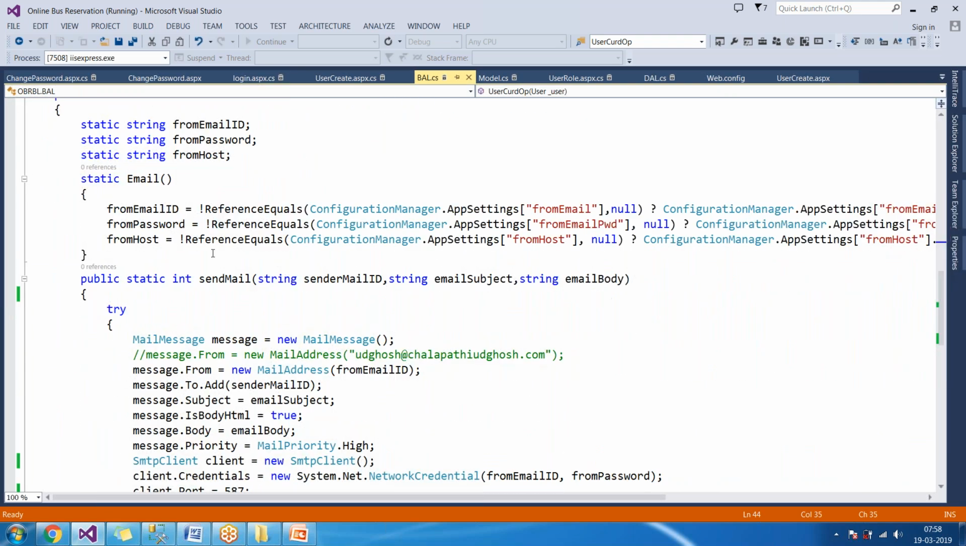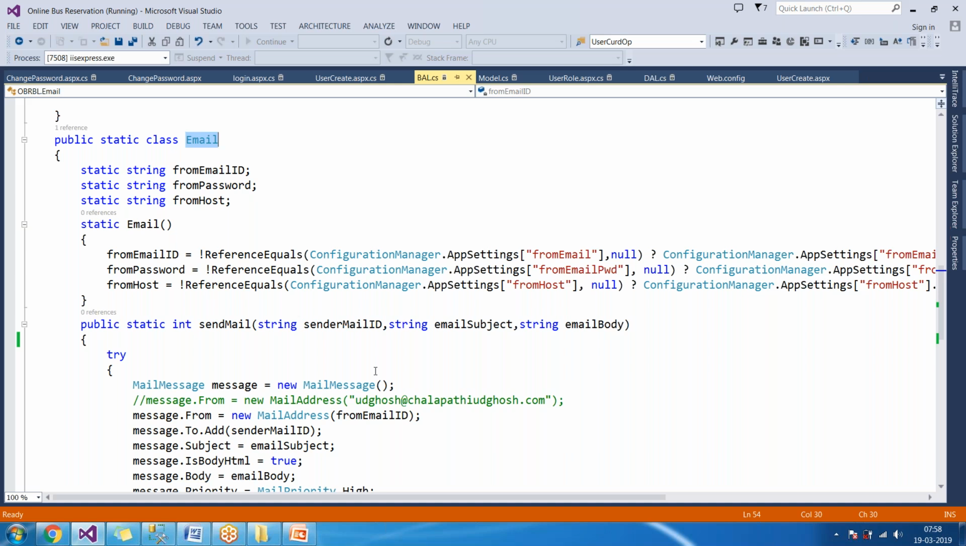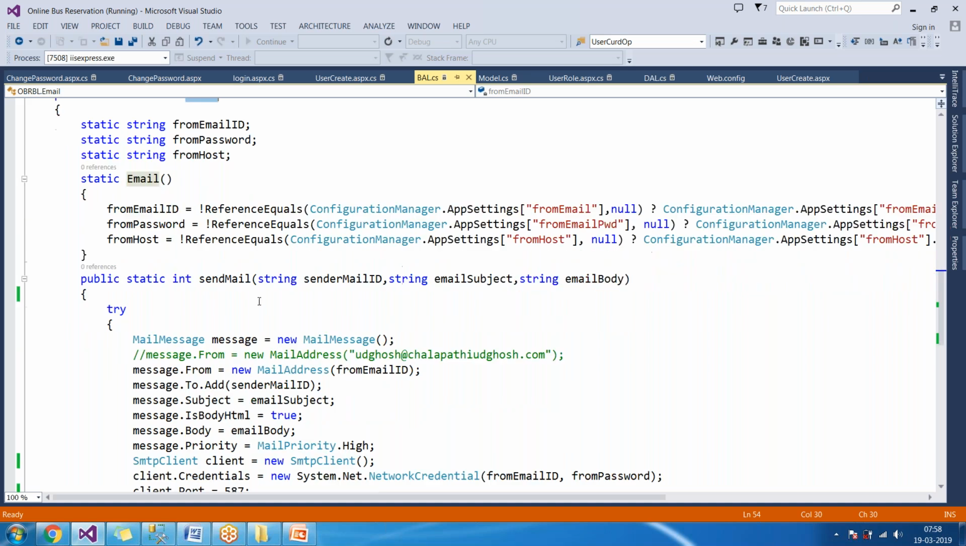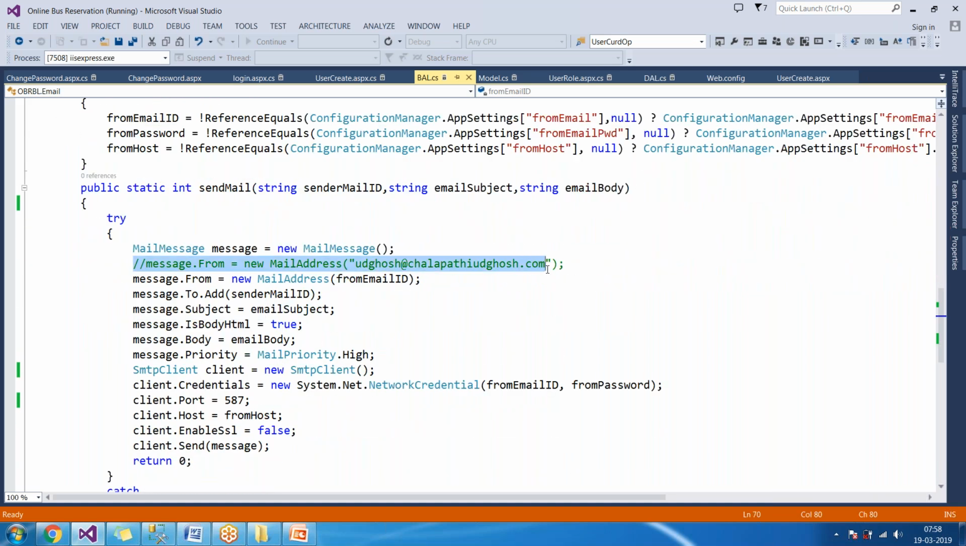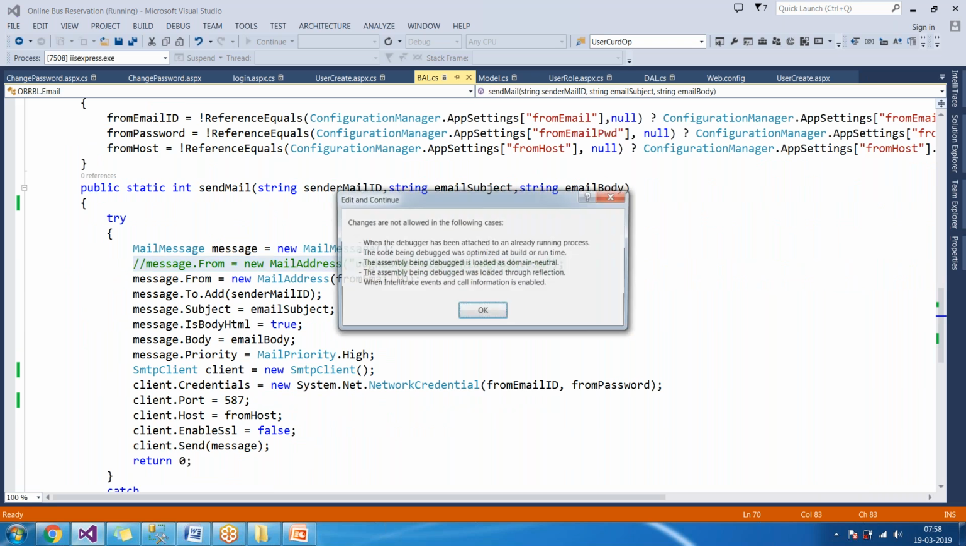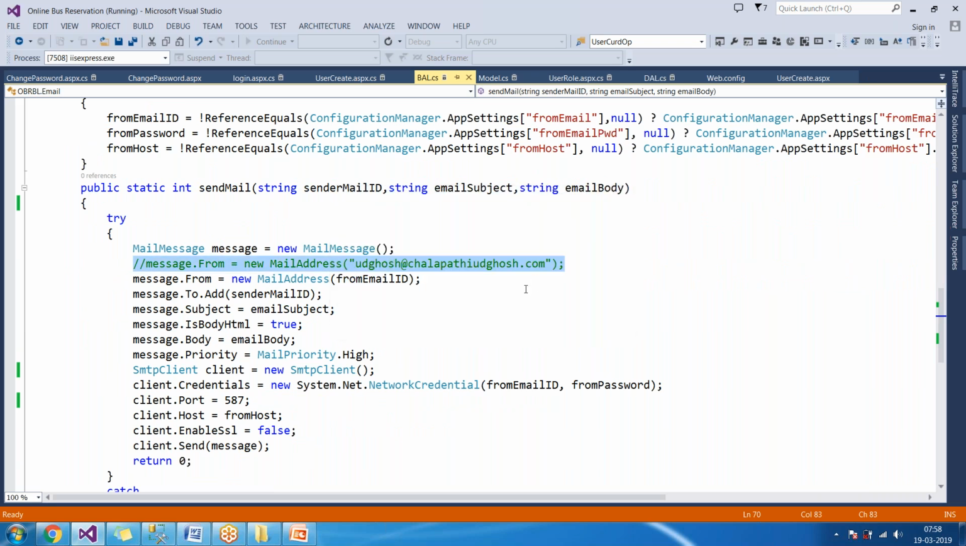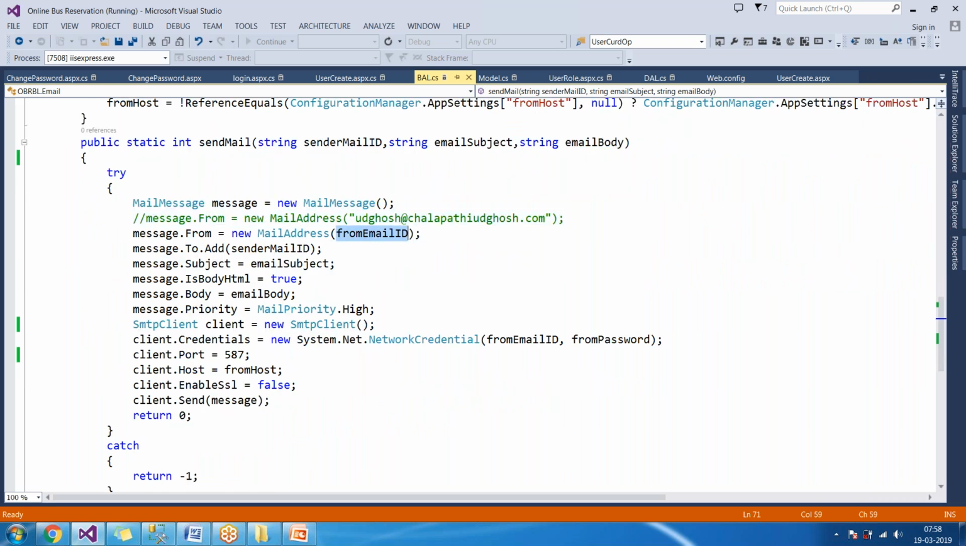In the business access layer, I consider one class, that is Email, which is a static class. Here I implemented a code for send email. So in this send email section, I'm trying to write a code. So from which email you want to send, to which sender you want to send, the subject of the mail and the body of the mail. And then you have to